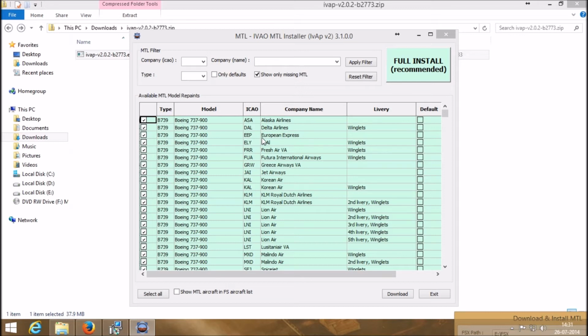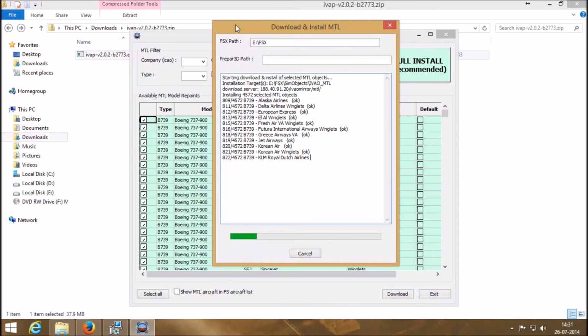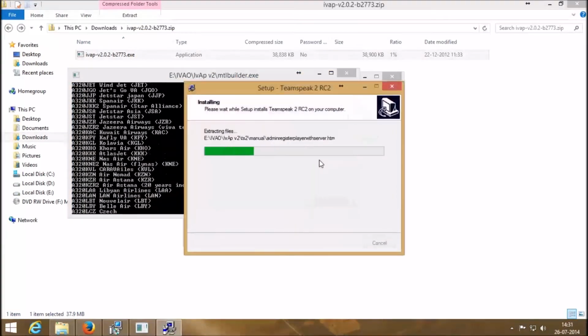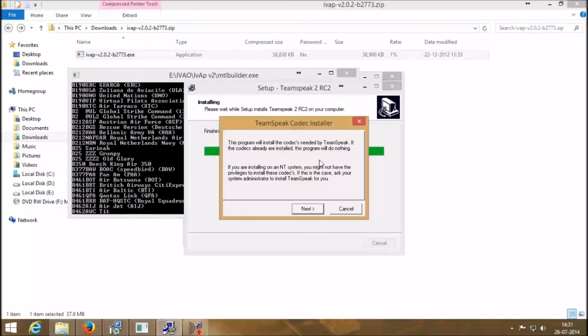Which will download in about 30 minutes or so, depending upon your internet connection. Now basically, if you download all of them, it will take about 2 to 5 hours depending upon your internet connection speed. And if you don't have enough time, you can just click cancel anytime. It will just index it and you can rerun the setup from your start menu whenever you are free.